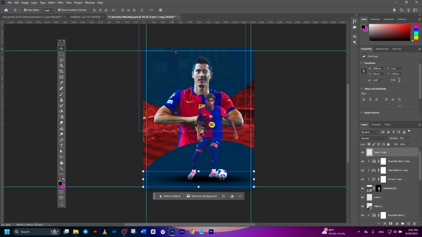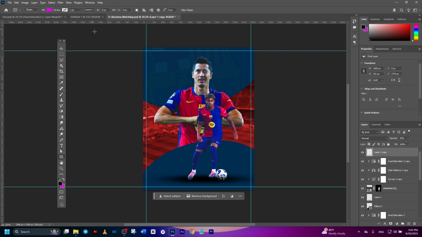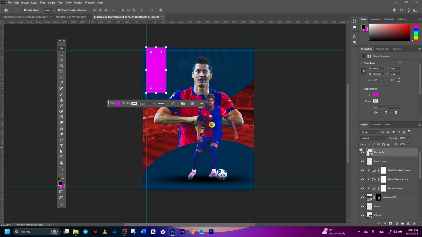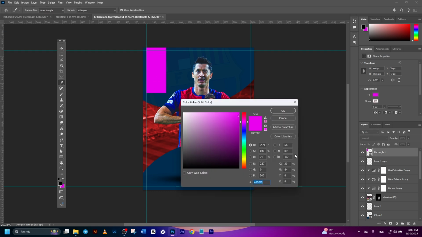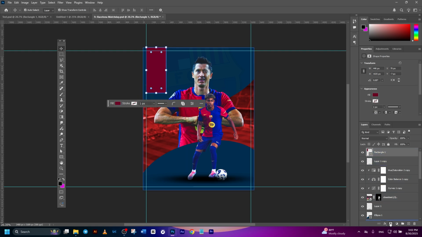I want to put the team logo around here. I use the rectangle tool and draw it. I want to change the color. Double click on it and put this color. I mask the rectangle